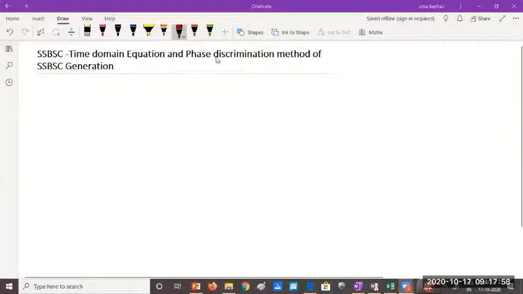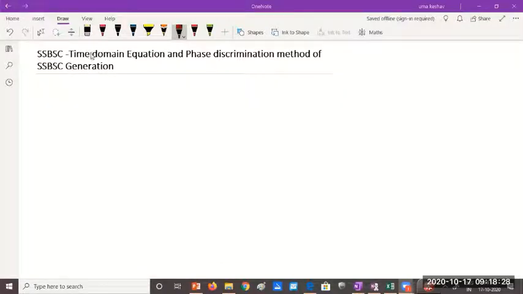This time domain equation, and based on that the phase discrimination method for SSB-SC generation, is also another useful technique, but unfortunately it hasn't been mentioned exclusively in your syllabus. But even then they have asked the same thing in the examination. So we'll not go in depth about this part, but at least the basics we will touch upon,